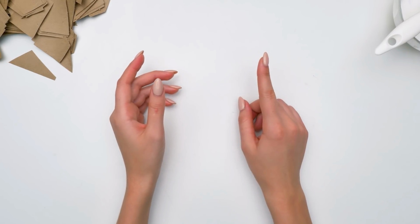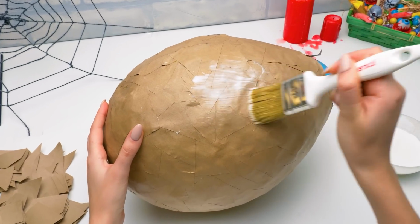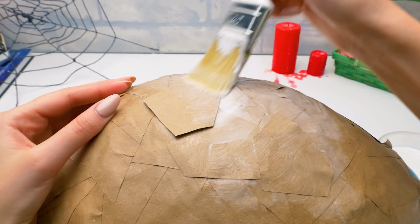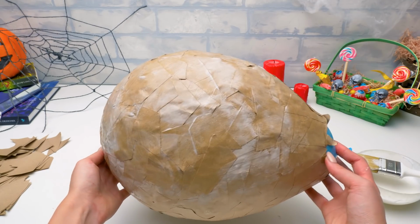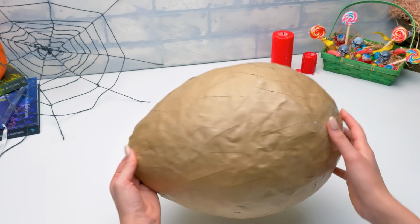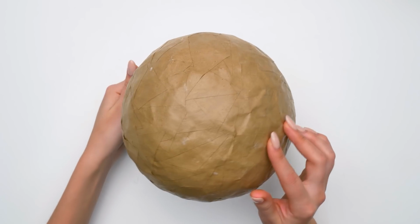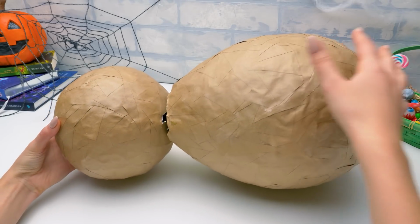Phew. This is not an easy task. Let's speed it up a little. And here we go! Awesome! Now we'll let it dry. The body is ready. Now we need to make the head. You don't have to do anything, Susan, because I took care of it already. Wow! Sammy, great job! It's exactly what we need! Now let's connect them. And for that, we need...